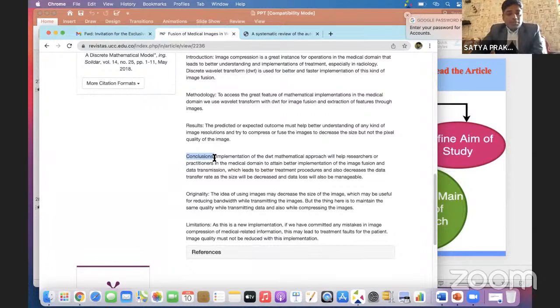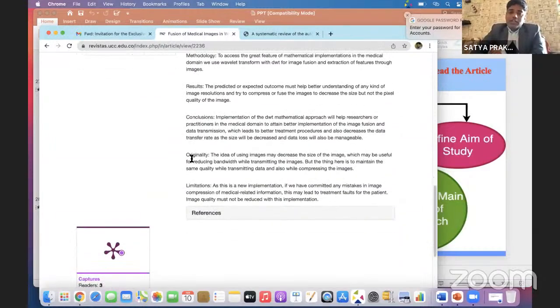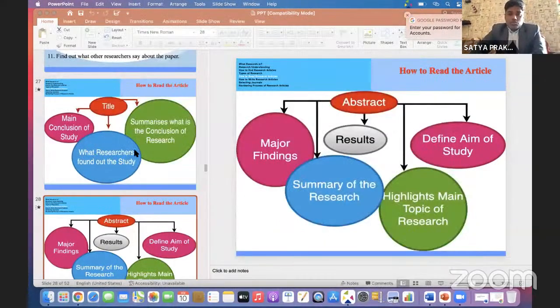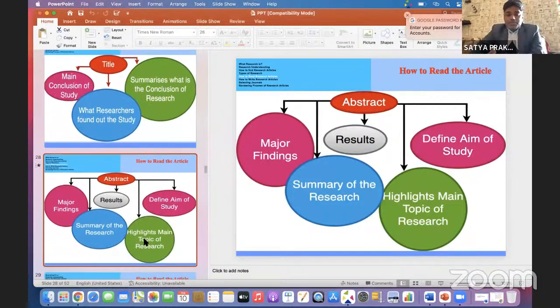In the conclusion they will sum up the work, or if you are writing the conclusion, then you need to sum up your work. Originality is what is different from the others, what will be beneficial for the society, and what it will be in the concerned field. Limitation is what? It is a drawback of your article, a demerit of your article, which will be addressed in future. So you have to show this. So this is the title and the abstract.